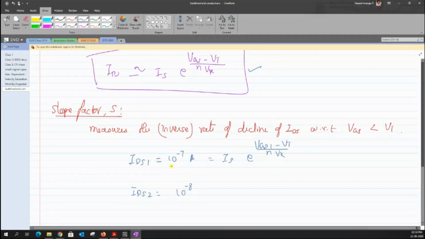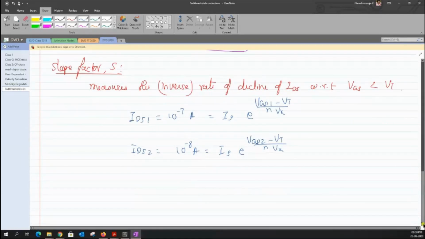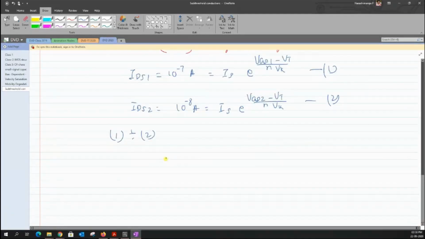The difference between IDS1 and IDS2 is supposed to be 10. That can be written in terms of the same expression, but in the place of VGS, I am picking the corresponding value VGS2. So now what I can do is divide both these equations, 1 divided by 2. Then I would end up having something like